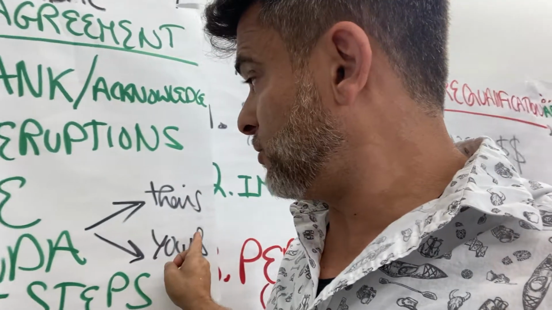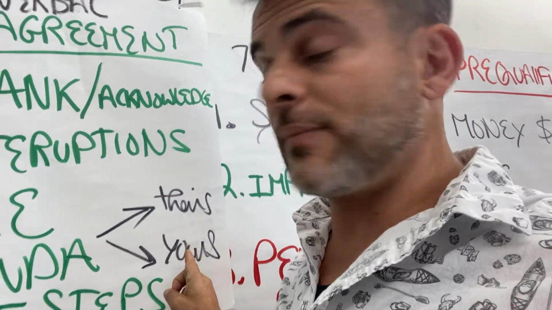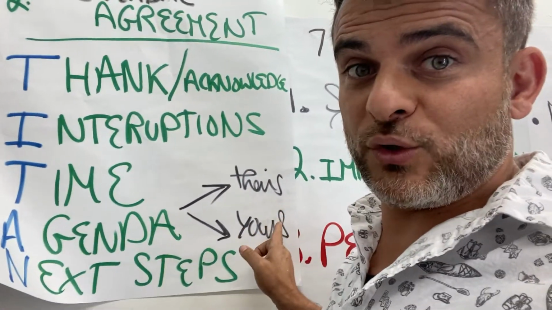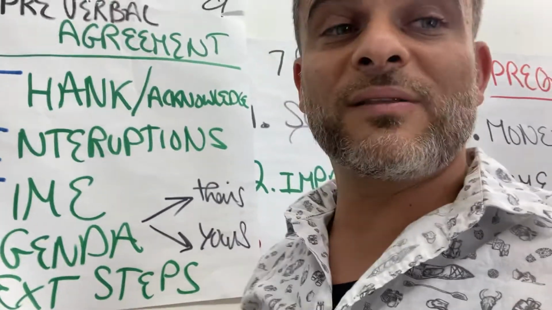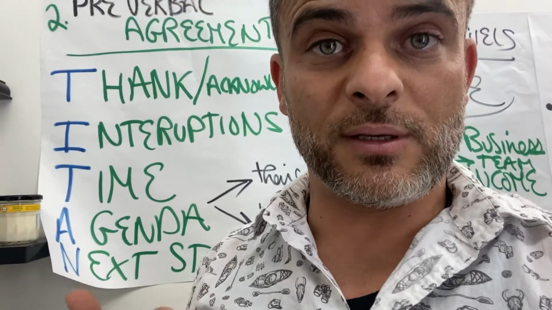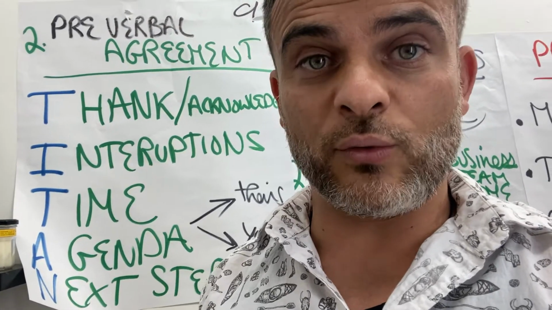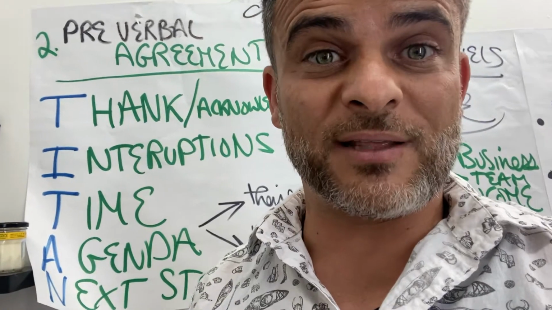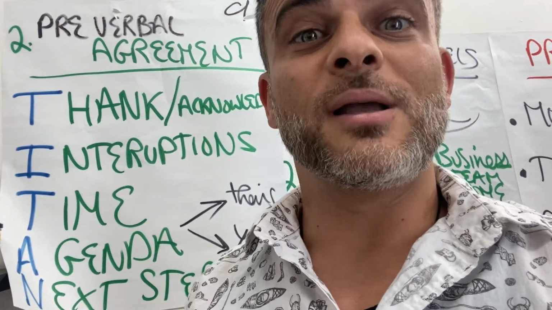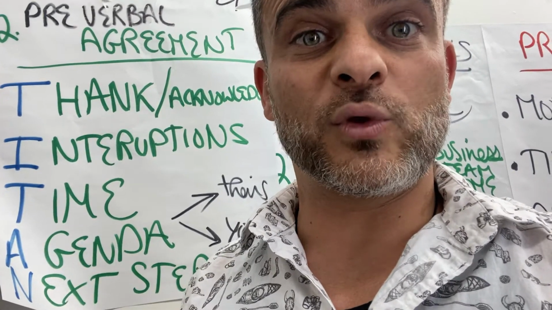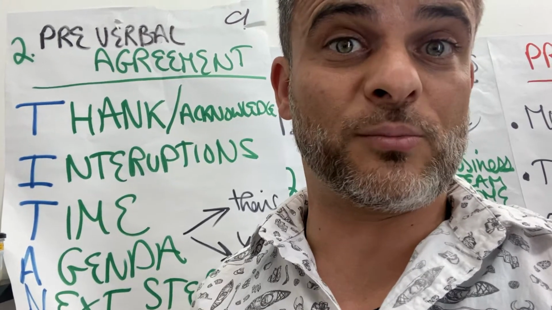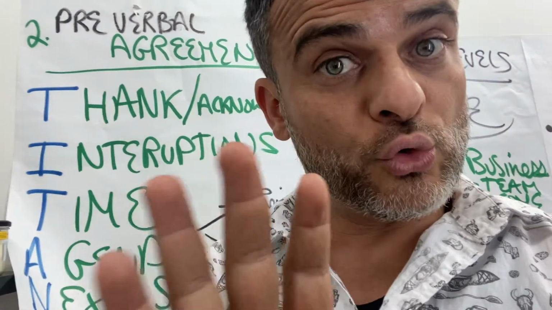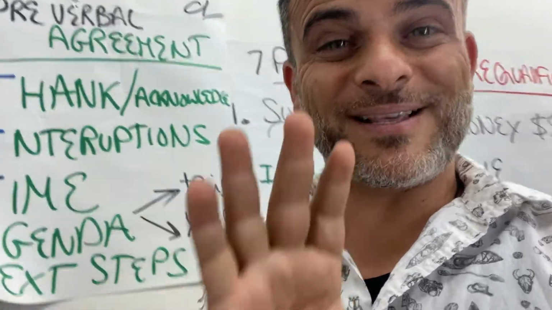And then you want to talk about both, so what they want to cover and what you want to cover, right? And then what are the next steps after the meeting? What would you agree on? So something like, towards the end we'll decide if it makes sense for us to schedule another meeting to talk about some solutions or not. Could be as simple as that, okay? Use your own words, okay? This is yours. I'm giving you the skeleton.